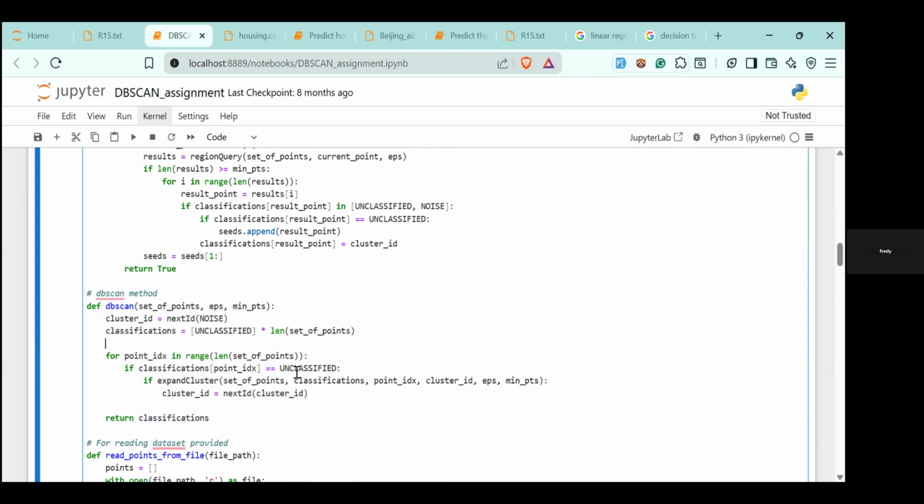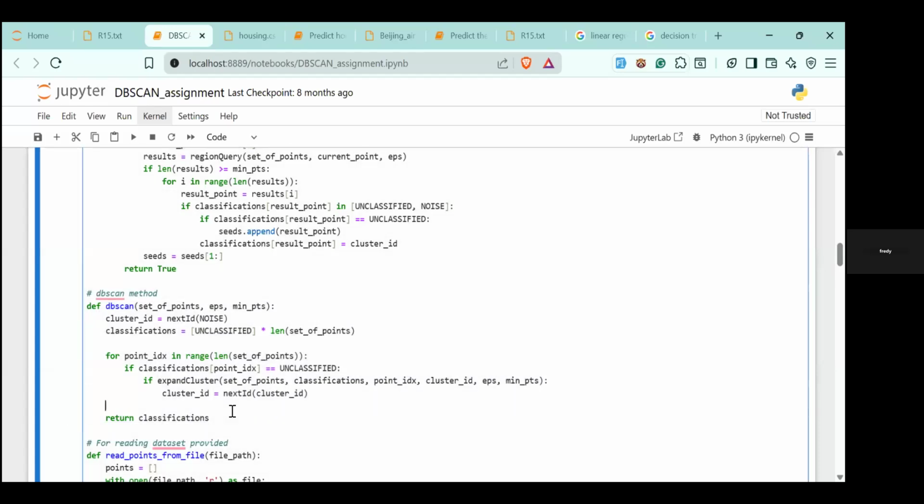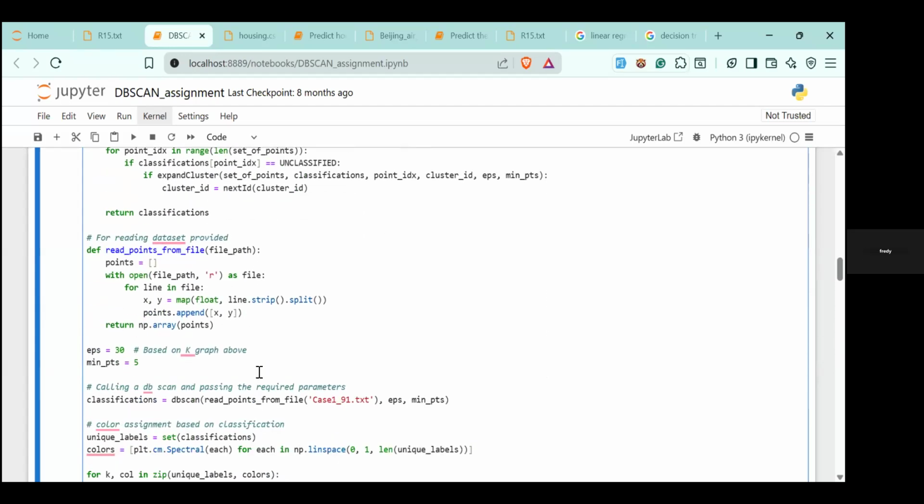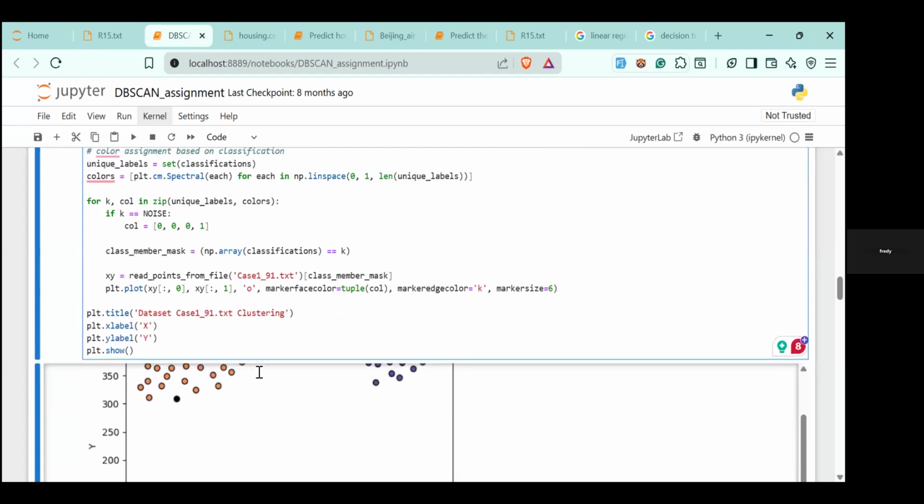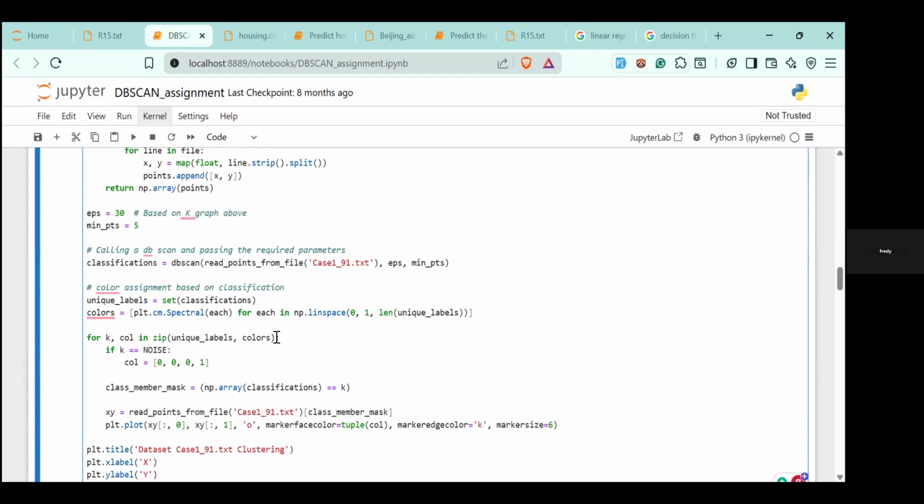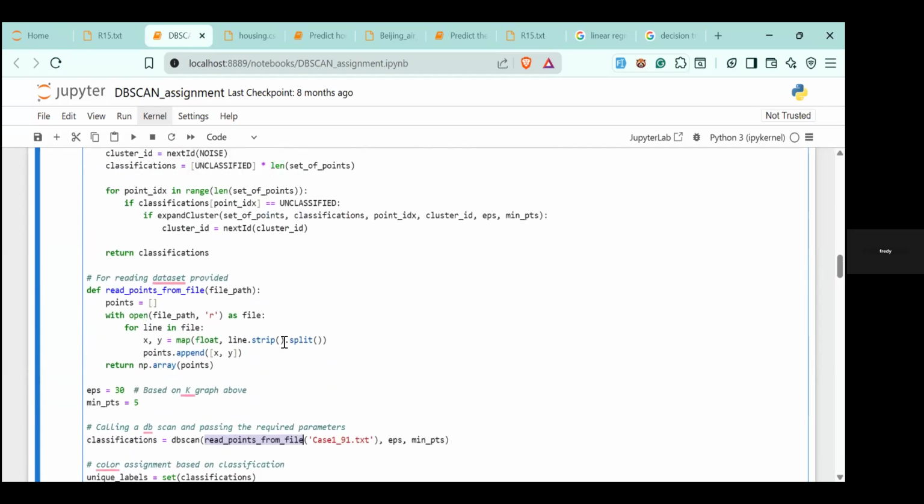It ends up returning the classification. The two parameters, epsilon and minimum points, we will be providing, and then we'll be providing the set of points. Let me find where we call the dbscan. Here, it will be reading points from a file, the function we created, which will be reading